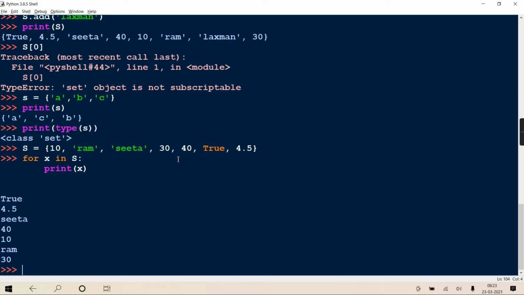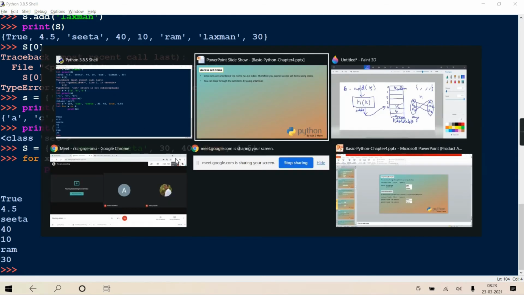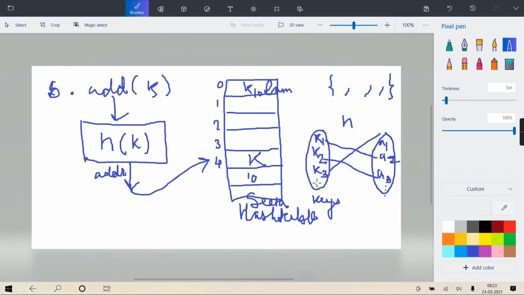So any unpredictable way. Unpredictable for us, it is a mapping of key to address. And who does the mapping of that key to address? These are your keys. Keys means the elements which I stored in the set: 10, 20, Ram, Sita, 4.5, true. Those keys are given to the hash function. The hash function generates a bucket number or slot number or hash address, and at that address the key is kept. Getting? The address generated for each key is not one to one. It is not first key, first address, second key, second address. The address can be any.